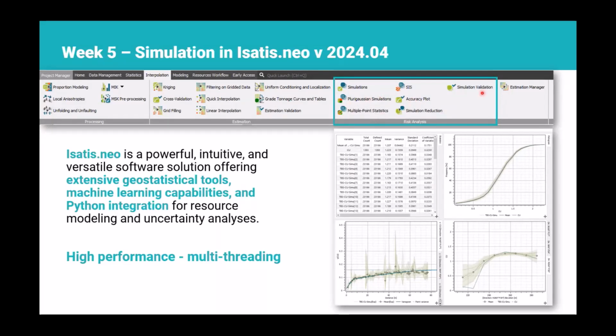In addition, there are 3 complementary tools for validating your simulations. It's a function very similar to estimation validation, but specific for simulations. Accuracy plot is a variant of cross validation, but it is developed for the simulations in order to validate the inputs of your simulations. And also simulation reduction, which could be used, for example, in mine planning in order to exclude the similar